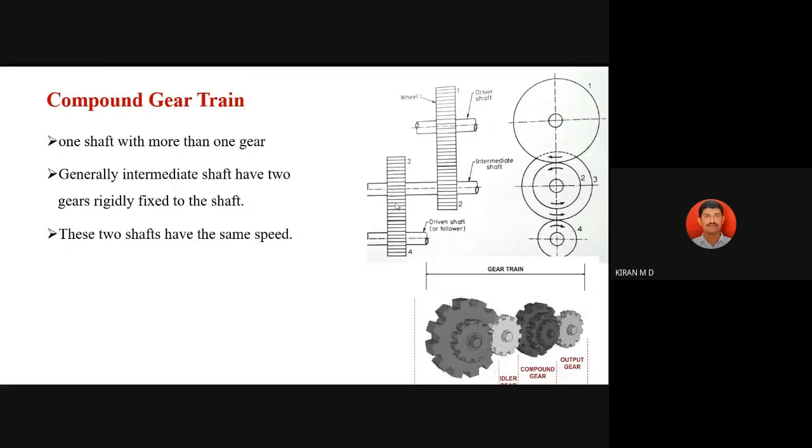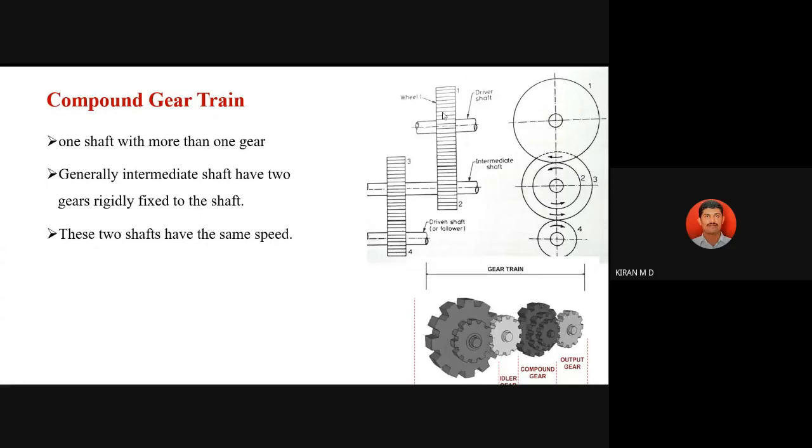Now compared to gear 3, gear 4 is smaller. So gear 3 is larger and gear 4 is smaller. This is 150. Again, it is transmitting to the smaller gear, so again the speed will increase, maybe 200 or 250, depending on the gear size ratio. I'm just taking an example. So gear 1 transmits the power to gear 2, and the speed becomes 100 to 150. Gear 3 also rotates at the same speed, 150. That will transmit to gear 4, and again it increases to 200.